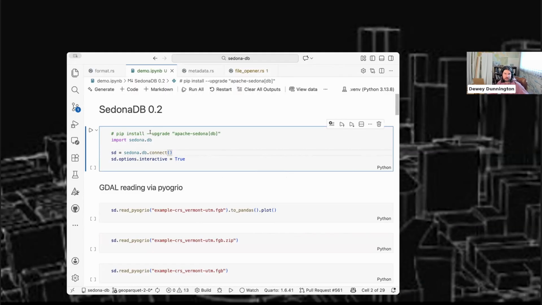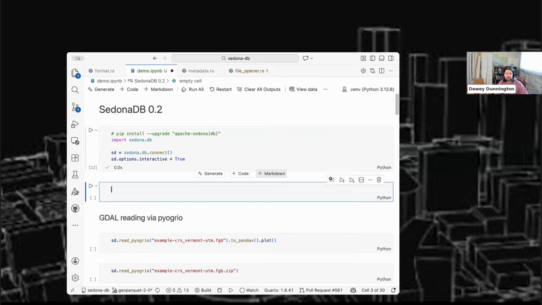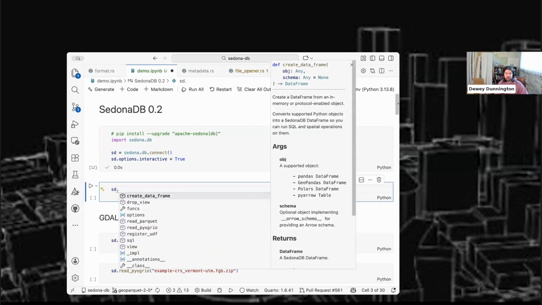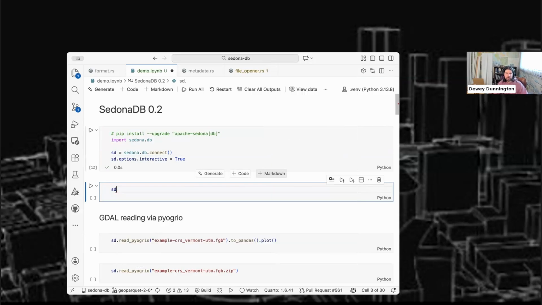To get started, we're on pip, and it's a quick install command. Once you get going, you've got this sd thing that is much like a Sedona context if you're coming from Sedona. Or if you're coming from DuckDB, it's like a connection. If you're coming from GeoPandas, it's more like the gpd GeoPandas module. And this is where you can create data frames and read files,